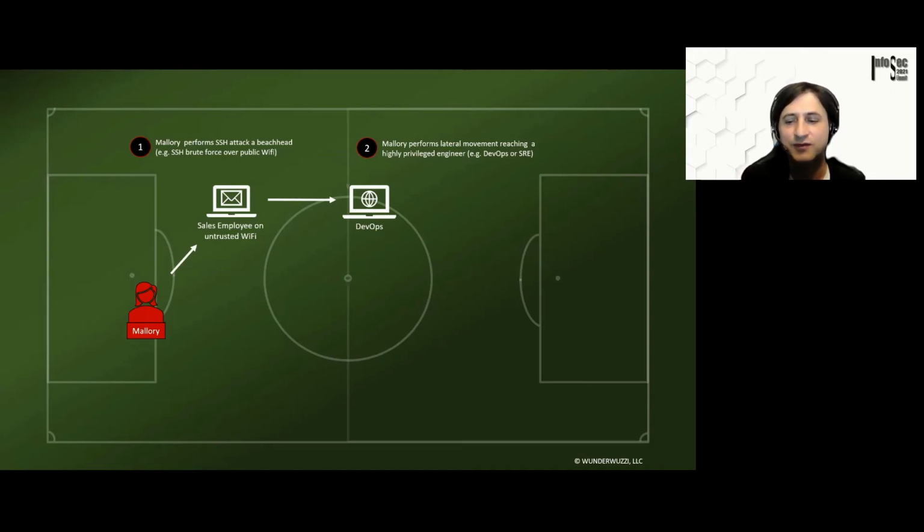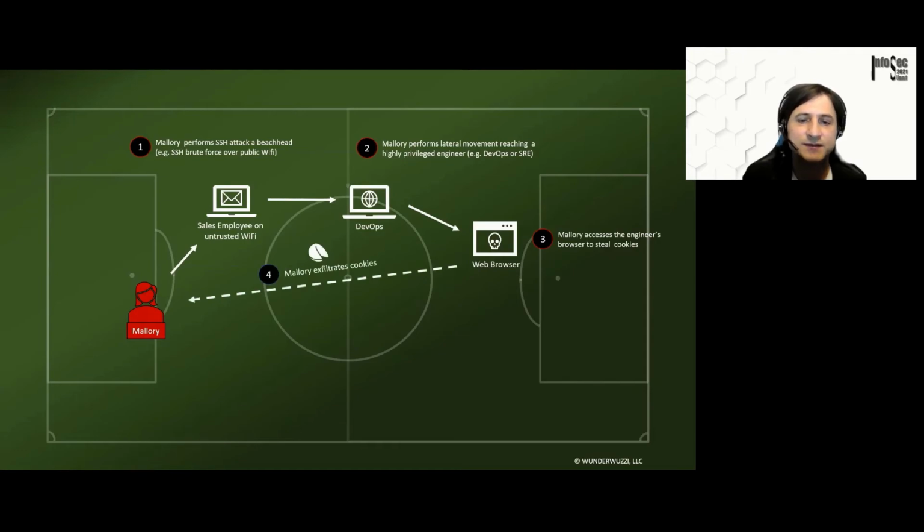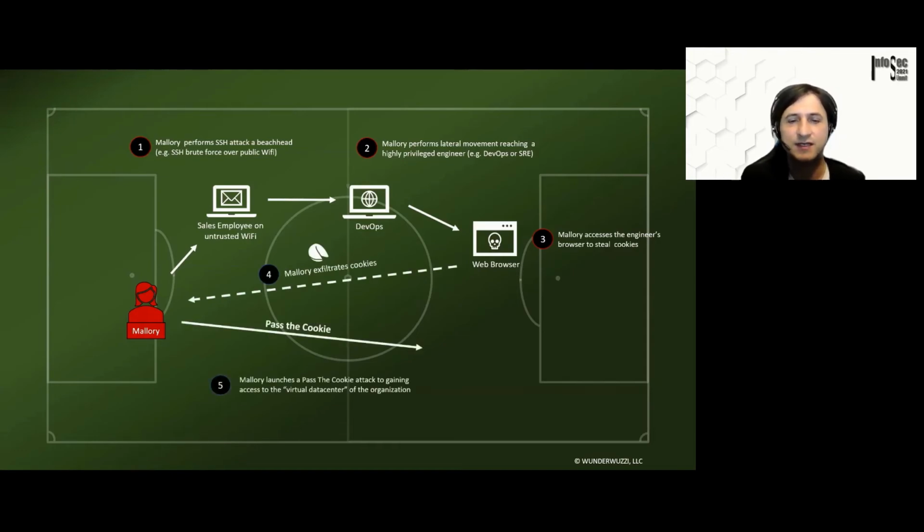And this lateral move is interesting to analyze for a red team, especially thinking about mobile devices, right? Red teams should spend a lot of time thinking about how a mobile device can perform lateral movement into the organization, or into other areas of the organization. And then a common step that I find interesting with virtual data centers, with having everything in the cloud, or a lot of data stored in the cloud, is this idea that you steal the browser cookie from that machine, you exfiltrate that, and then malware uses that browser cookie in an attack that I call pass the cookie.